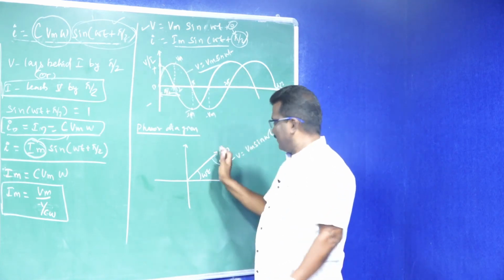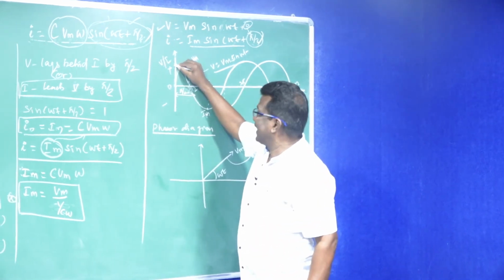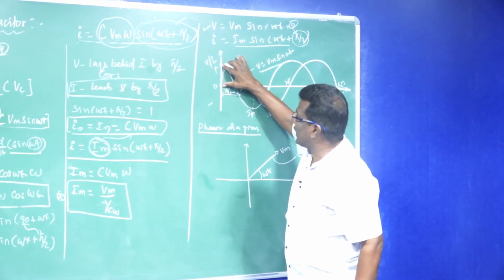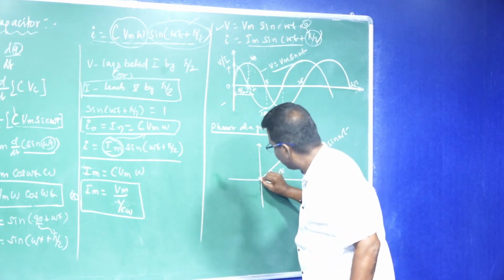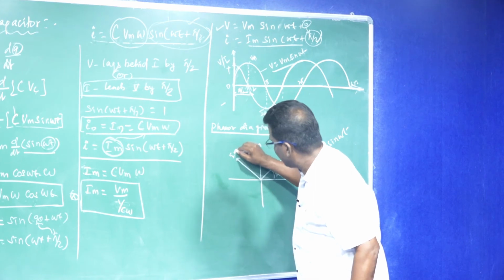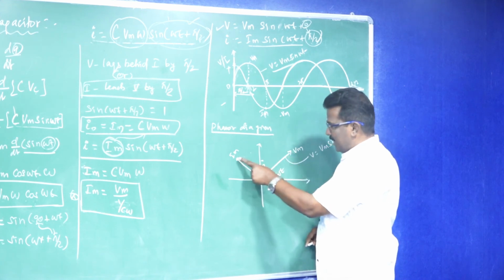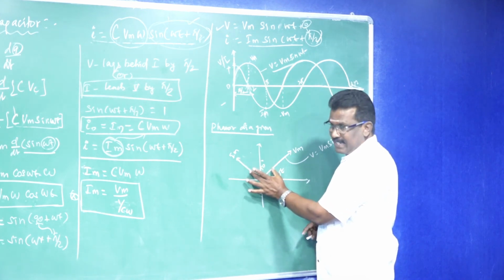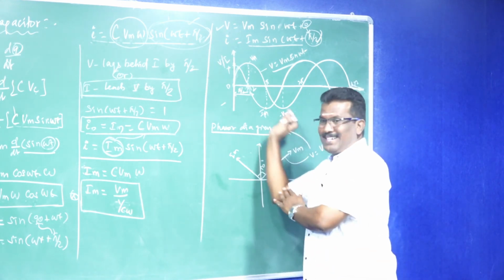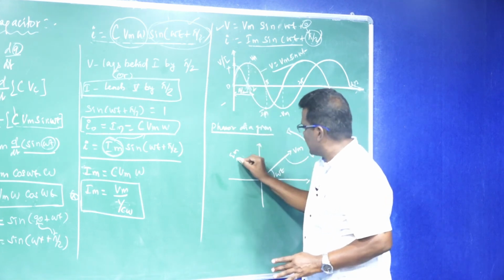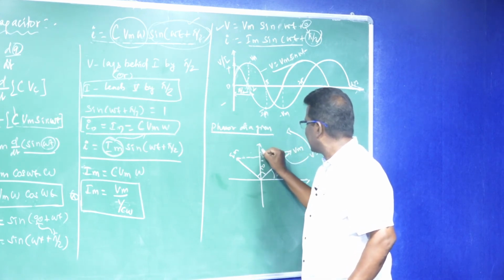When the time increases, the voltage increases, but current decreases. But initially there is a phase difference between current and voltage of pi by 2. Where is the current? We can express it in the vector. It's Im. So 90 degrees. Vm and Im, phase difference between current and voltage 90 degrees. When it rotates, this represents instantaneous current, and this represents instantaneous voltage.